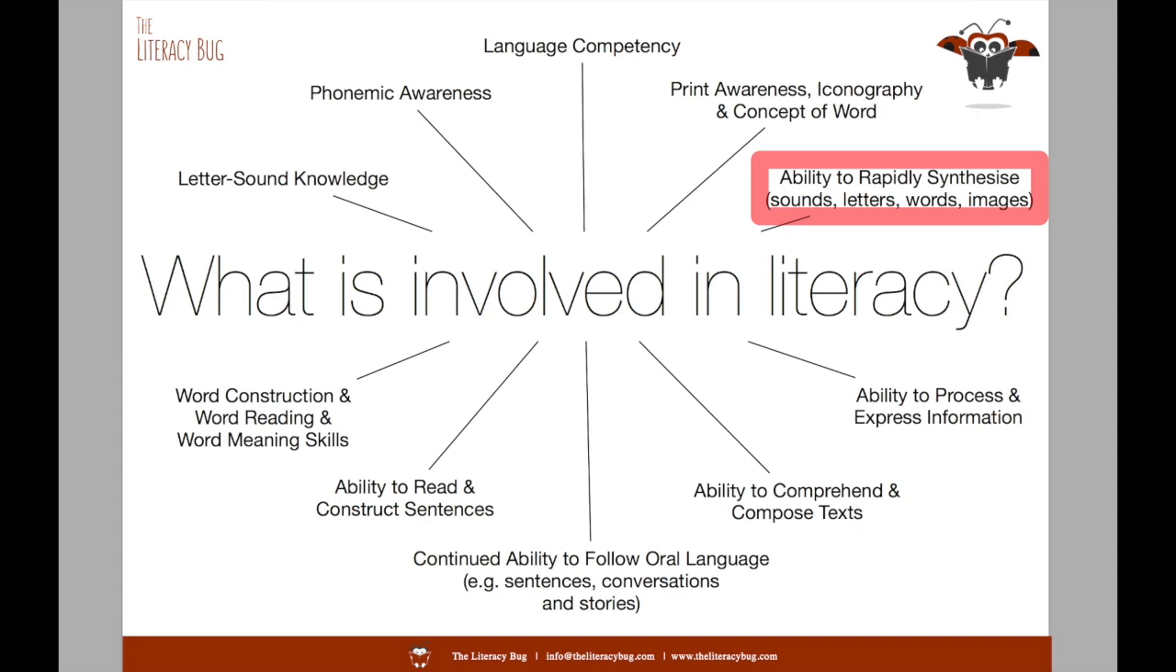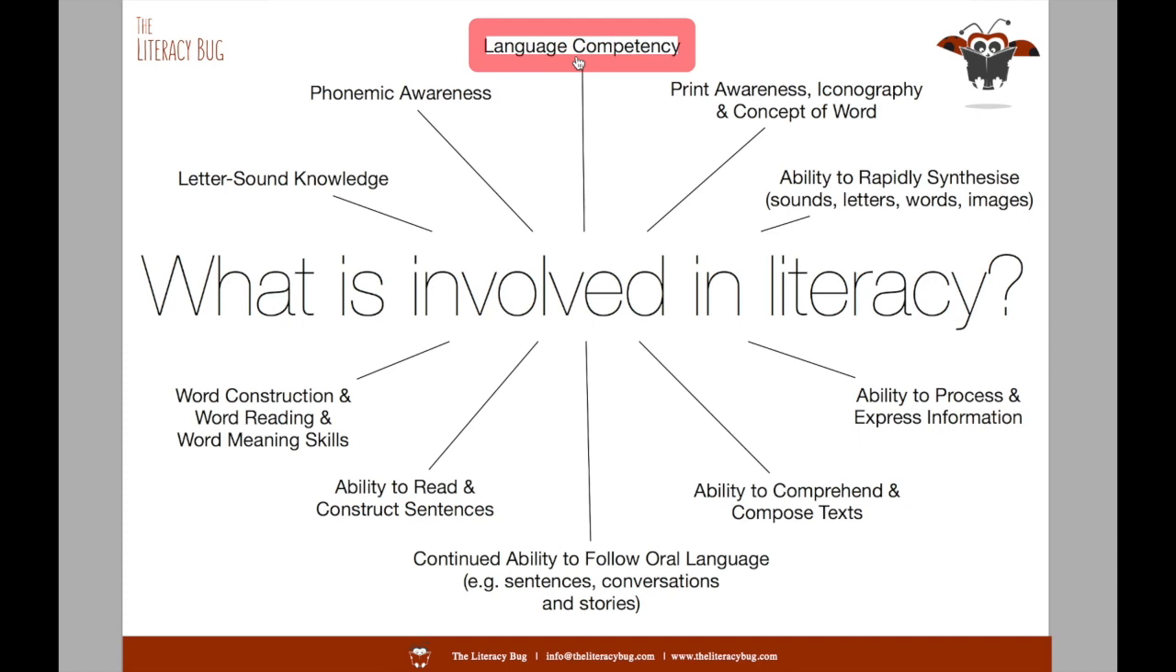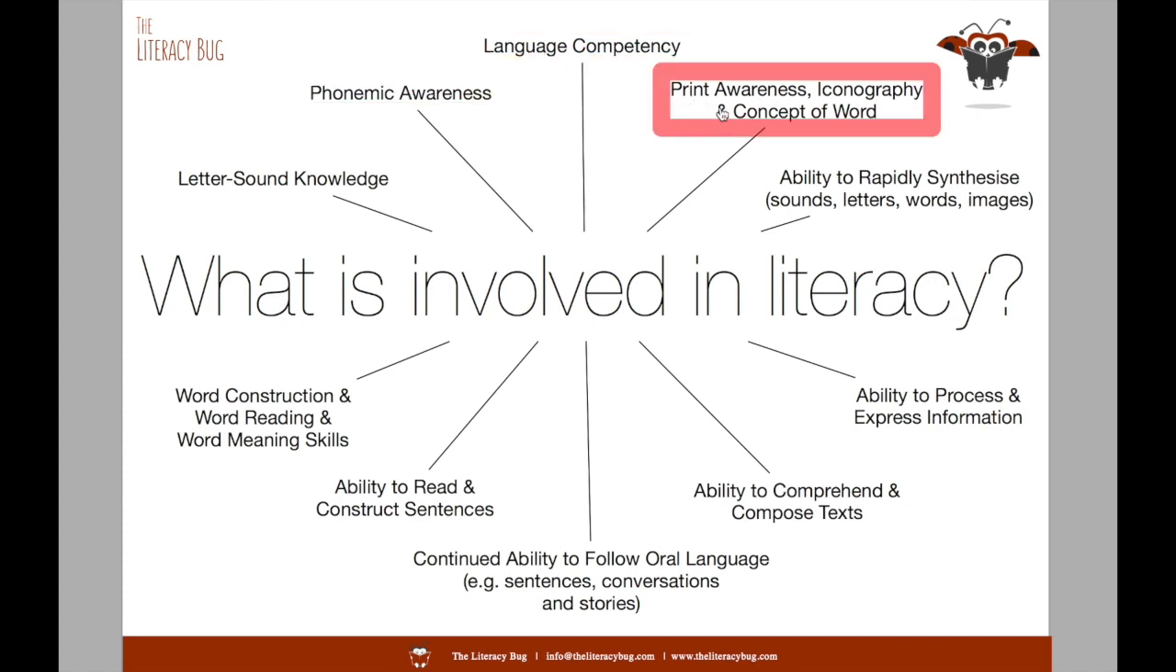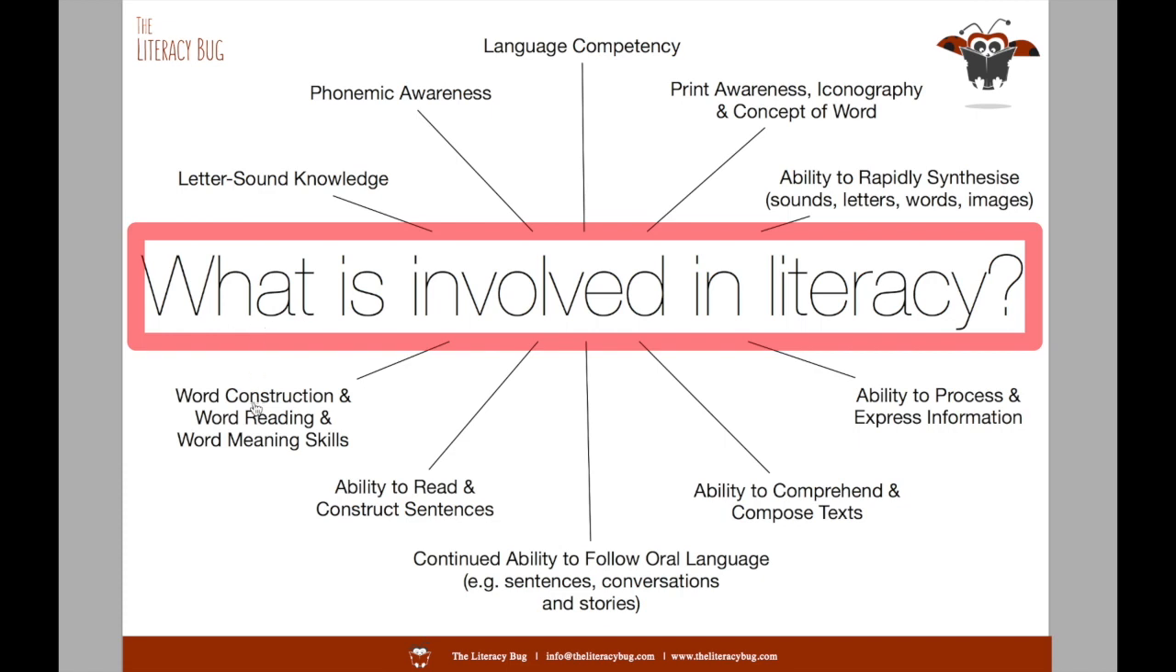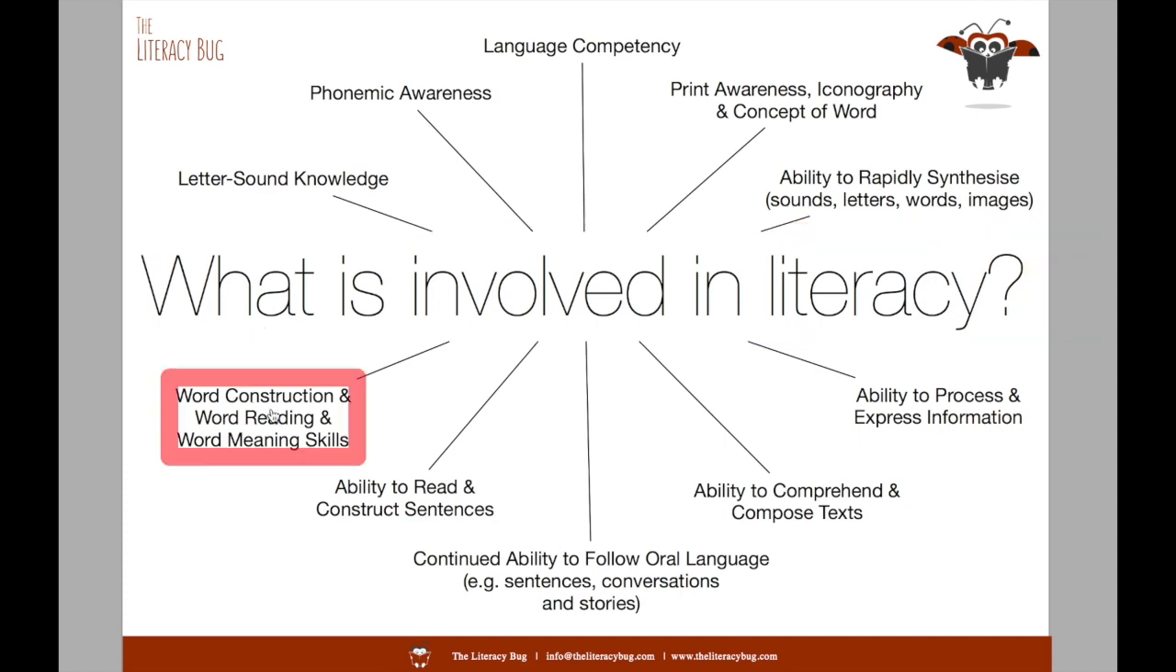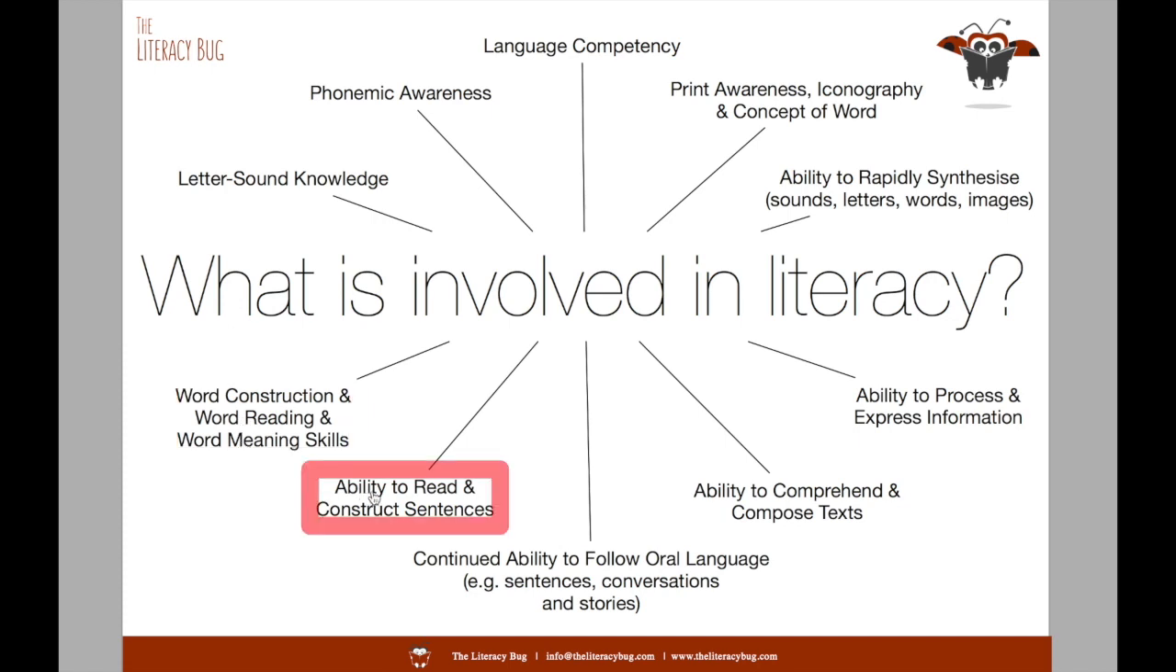Okay, so we summarize here. Language is important. Phonemic awareness is important. The key juncture between 4 to 5 years old is having a concept of what is a word, and then through that being able to investigate this link between letters and sounds that I know and how they come to construct words. Word construction and word reading, and exploring word meaning, and then the ability to read and construct sentences,